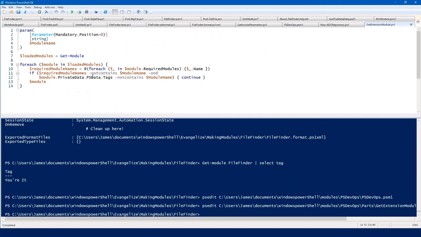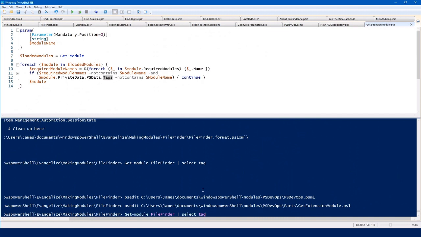So this basically enables like a plugin model for your module. In this particular case, any module that requires or tags this module. But I can't throw a script block in private data or in your manifest. So if I wanted to have like a add member node property on